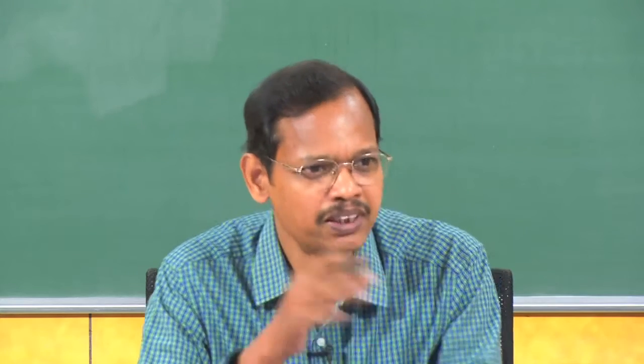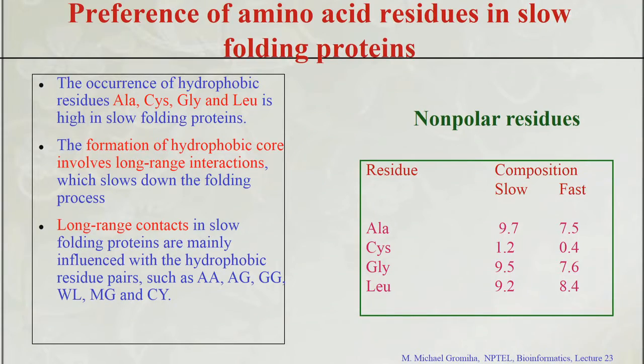Hydrophobic residues, right. Then about the long range contacts made by these residues, this is what we did. There is a higher occurrence of alanine, cysteine, glycine and leucine. These residues predominantly occur in the slow folding proteins rather than in fast folding proteins. For example, for cysteine there is 3 times the difference in the case of slow folding proteins. The formation of this hydrophobic core involves long range interactions, right, this is how it slows